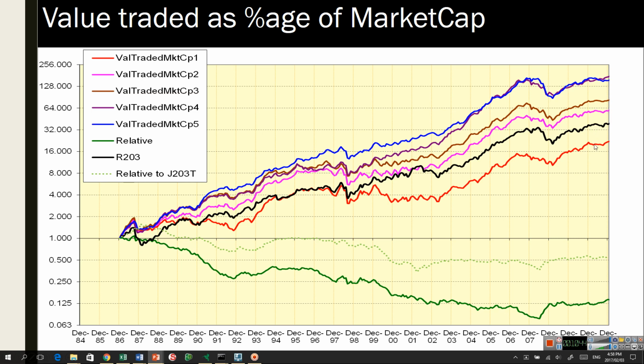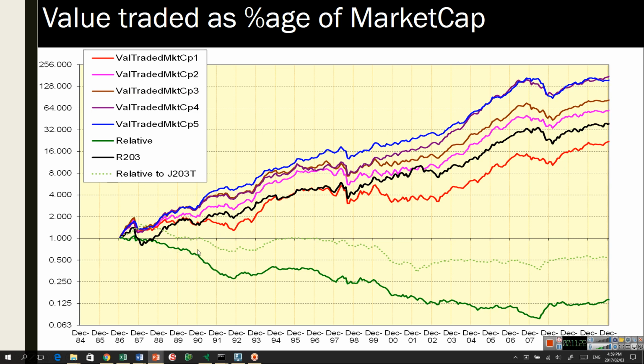It's also interesting to note that the sequence of these lines is exactly in the reverse order that we've got over here. Now, I want to draw your attention to this red line here, which is the price relative between portfolio 1 and portfolio 5. And this green line here gives us a very quick visual output of what we're seeing above. In fact, it's easier to read the green line than it is to see what's really happening over here. It measures, as it comes down, the gap between the blue line and the red line.